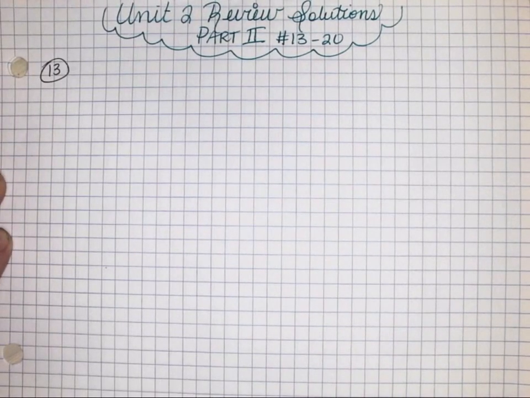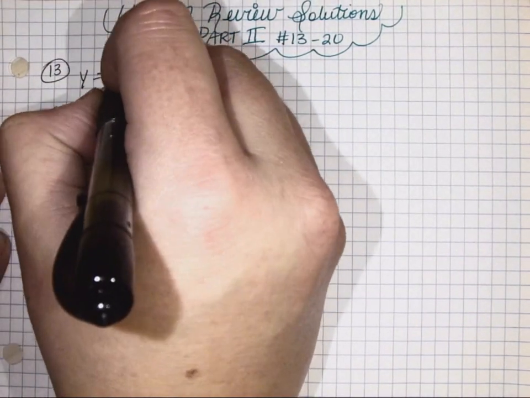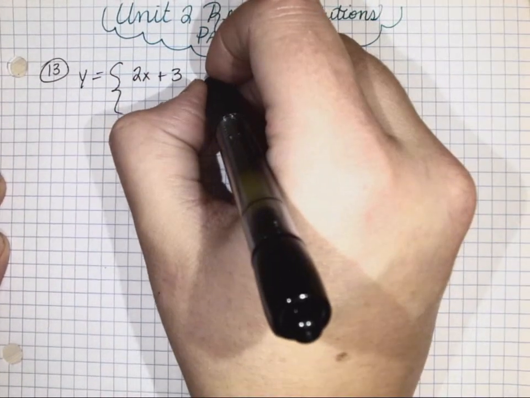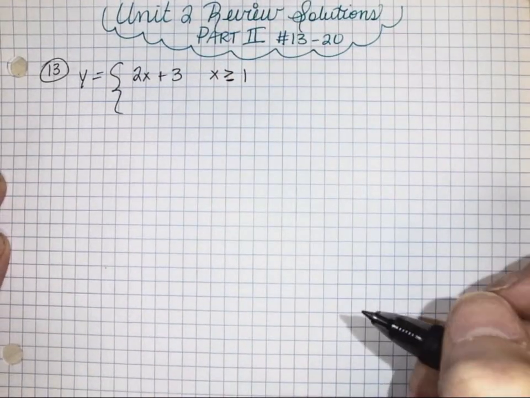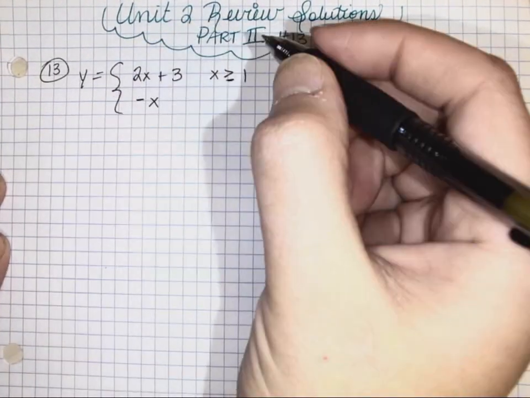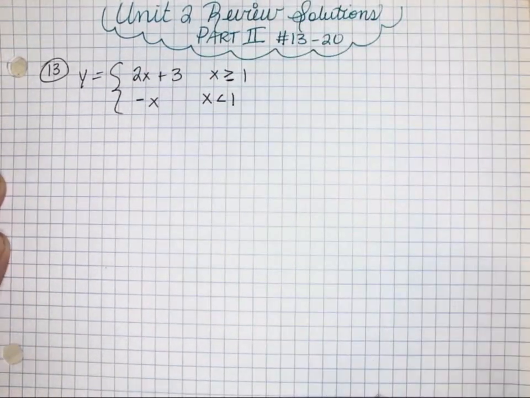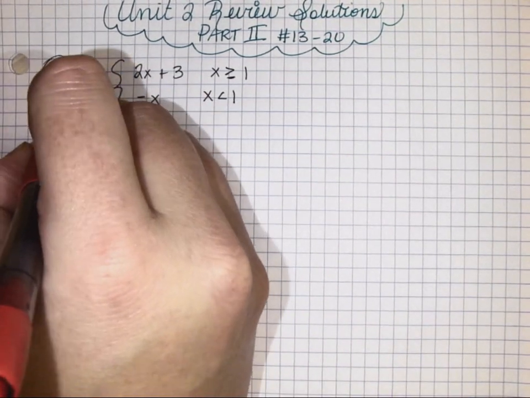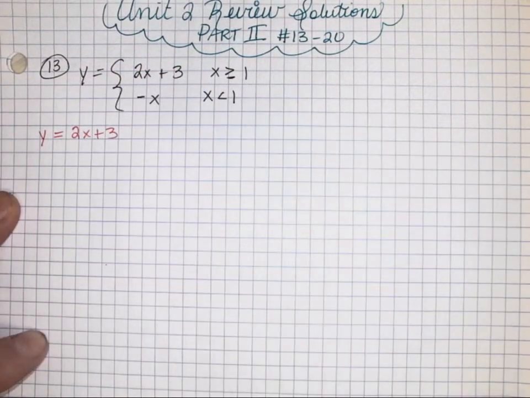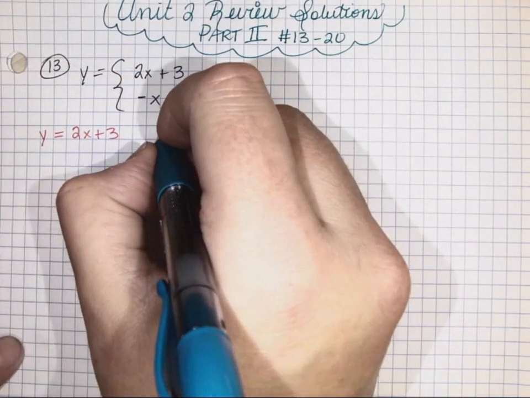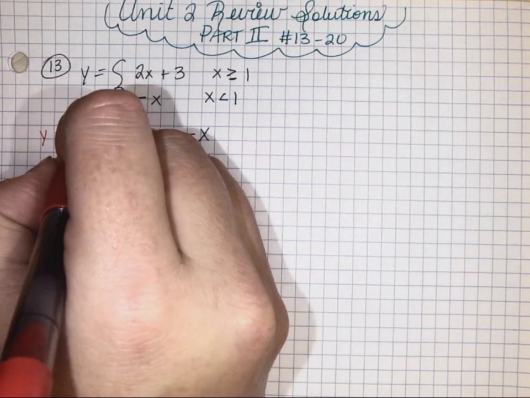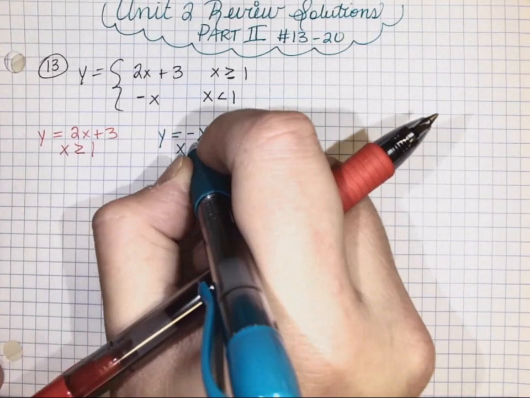All right, on 13, y equals 2x plus 3 when x is greater than or equal to 1. Y equals negative x if x is less than 1. And if you recall, I told you to take each part. For example, y equals 2x plus 3 is one part. Y equals negative x is another part. And when x is greater than or equal to 1, when x is less than 1,